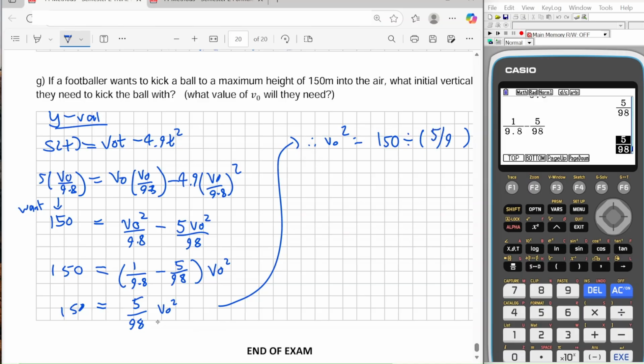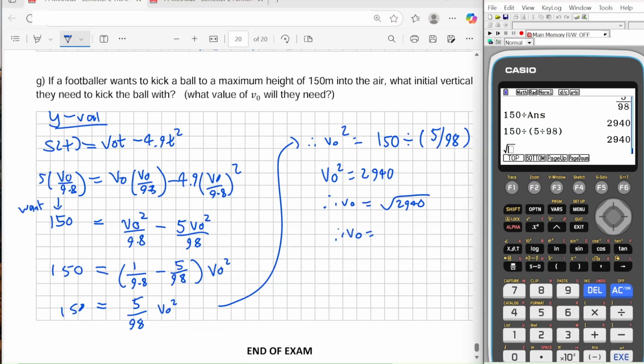Hopefully, that gives me a nice number. Let's see. Turning 2940, but let's just make sure our calculator hasn't done something weird. Yeah, 2940. V naught squared is 2940, therefore v naught is root of 2940, so v naught is roughly 54.2